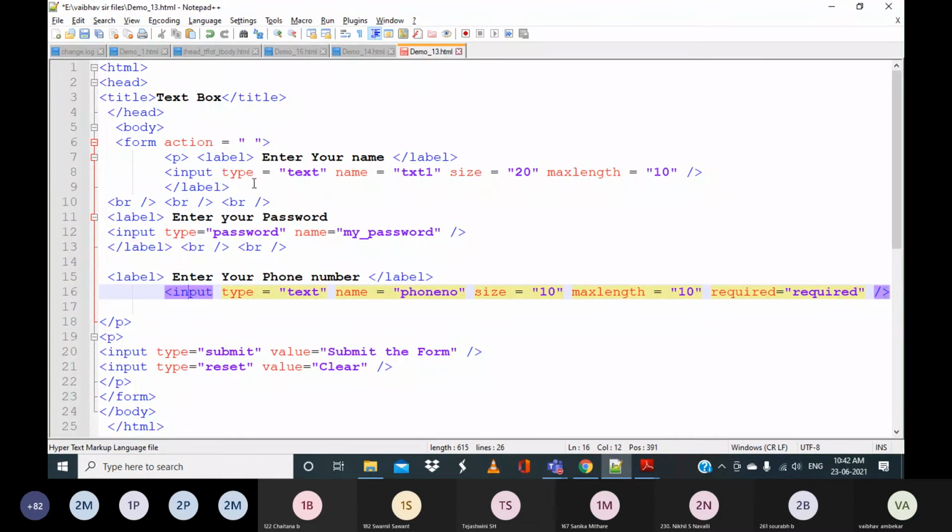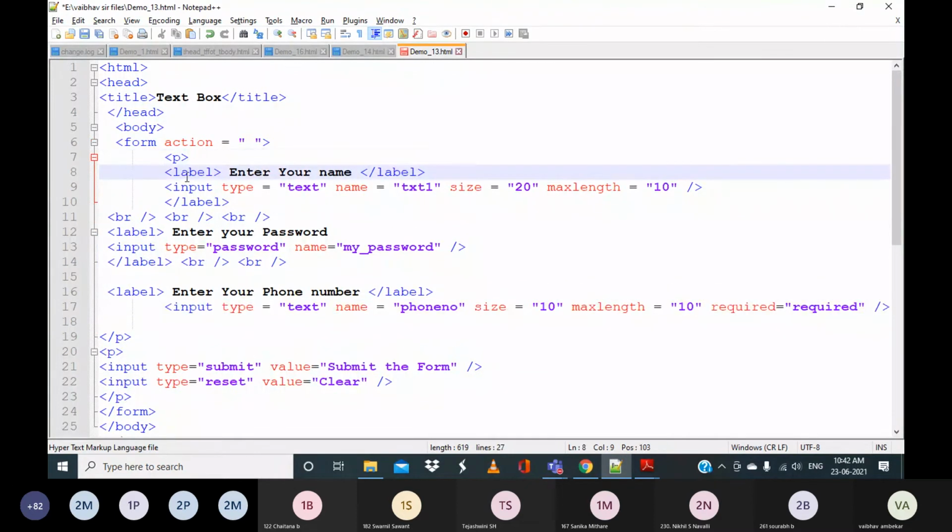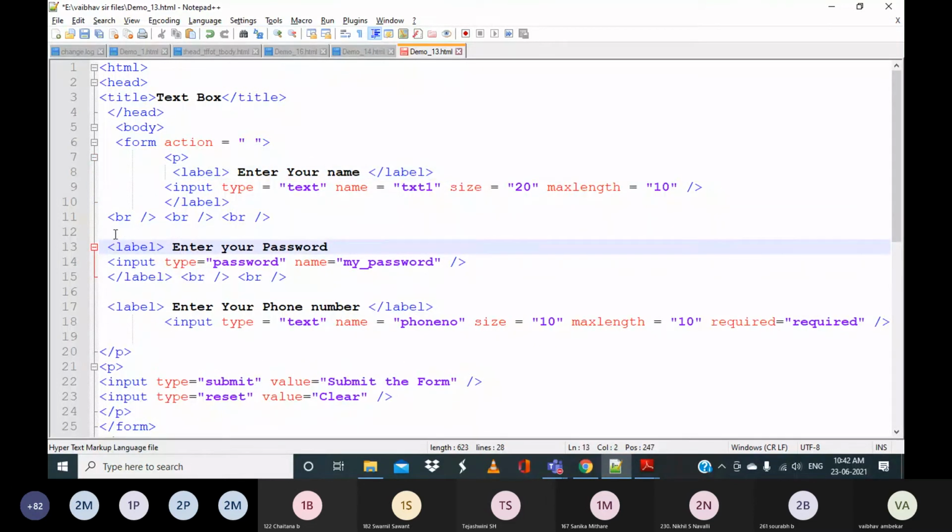Otherwise, create the label first, then enter the information for the user, then use the input tag, complete it, close the input tag and then close the label. Both will work.